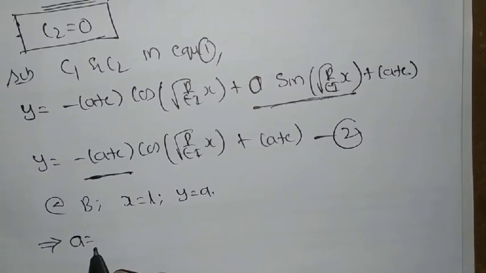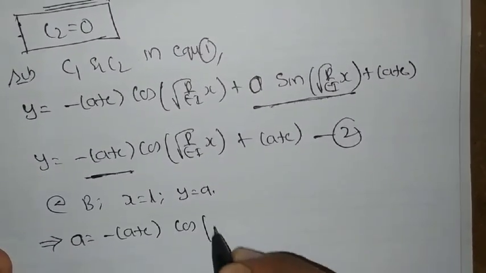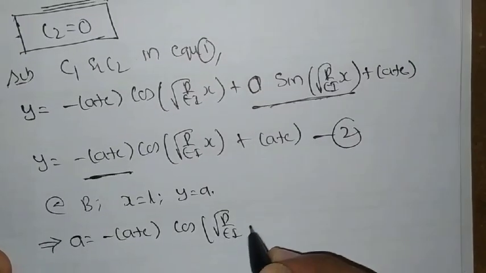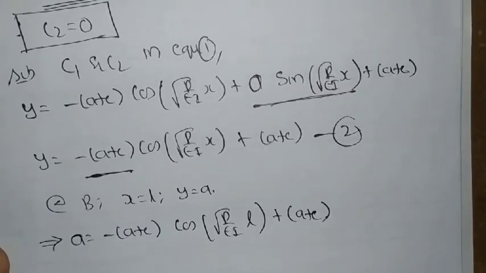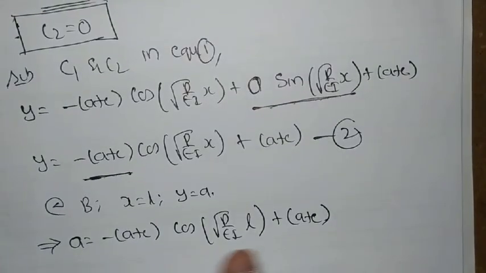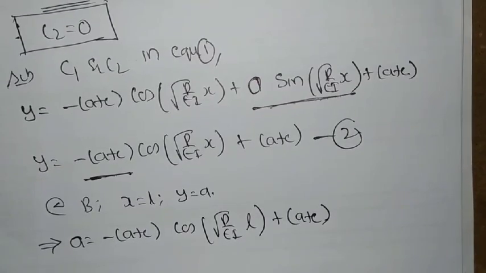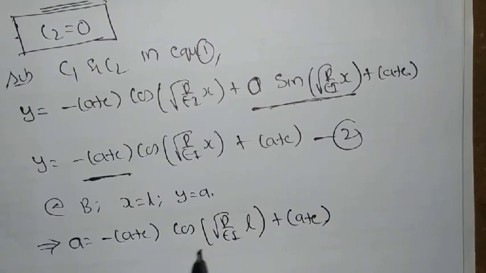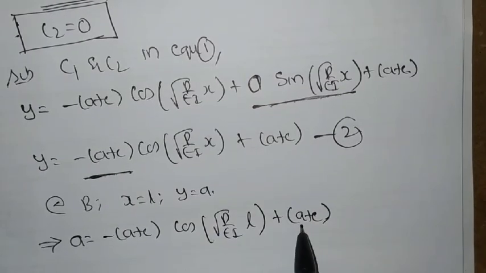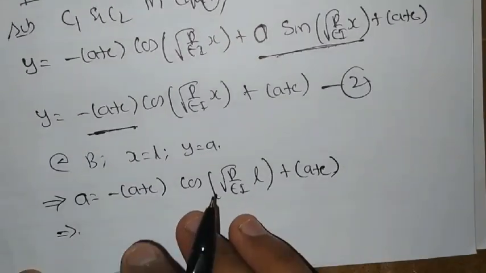So the y value will become A is equal to minus of (A plus E) into cos of root P by EI into x, which becomes L, plus A plus E. If you see here, we have the common term A plus C. So just take out the common term A plus C to one side, and transfer it to the other side, then the equation will come as